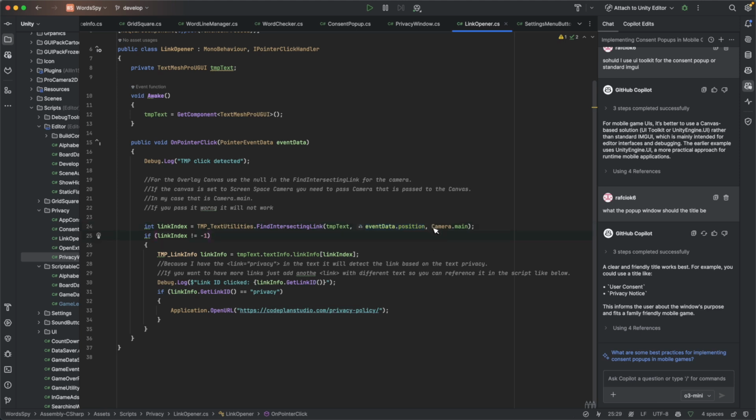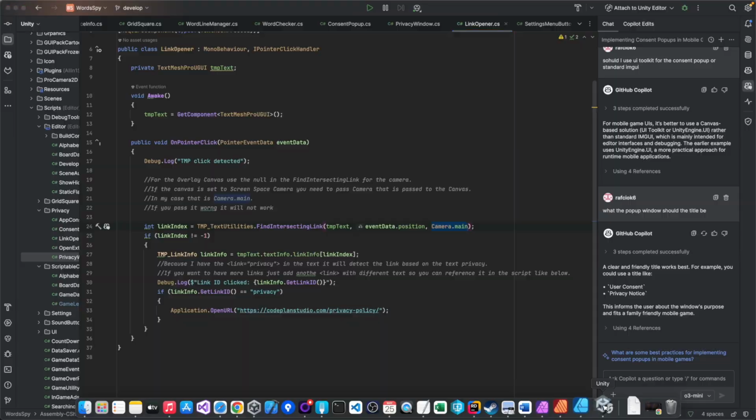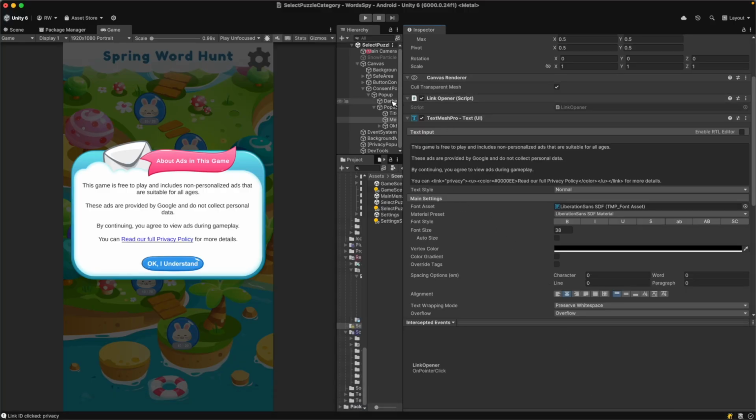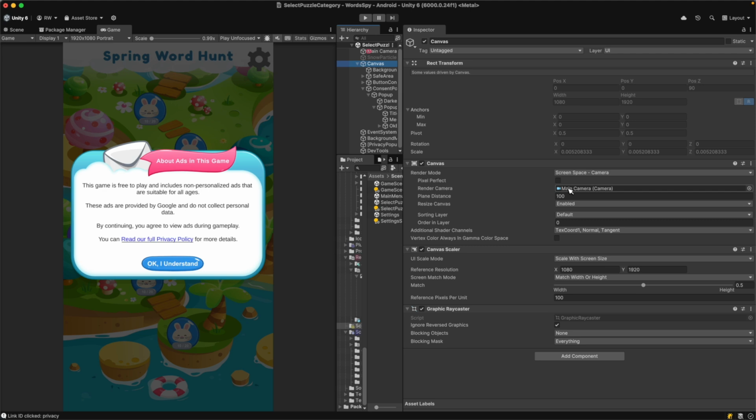And then because, as I said, the canvas under which the object sits is set to screen space camera, I can pass the camera, which is directly passed in the project. So let me show you. I'm just passing the main camera in the canvas itself. So this is the main camera. That's the reason I'm using the